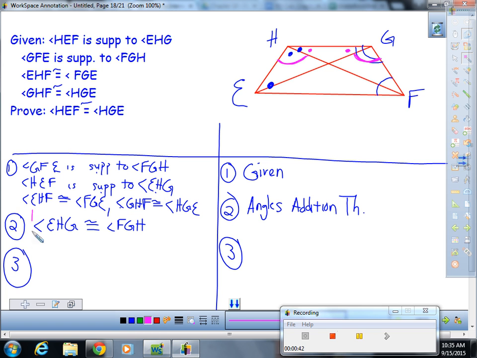But I just stated in this line right here that FGH is congruent to EHG. And hopefully you understand that if two angles are supplementary to congruent angles, then these two angles must be congruent to each other, which is exactly what we're trying to prove. So now I can say that angle HEF is congruent to angle